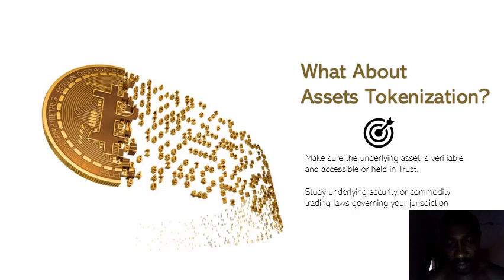For an event ticket, the paper ticket is nothing without the event. The event is the main driver giving value to that ticket itself. So once you have that ticket, it's a representation of the underlying value, which is the event. The event gives meaning to the ticket. That's an example of tokenization.